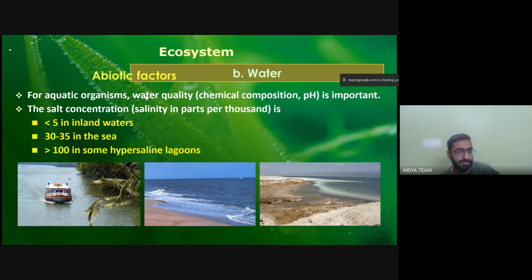The water composition in the water bodies, the water quality in the oceanic body, is high. That is why the aquatic species are able to breathe inside the water. We cannot breathe inside the water. When we breathe, it's less of the air that goes inside the mouth and more of the water that will enter, and we would be underwater and we would eventually die. So the chemical composition also affects drastically the sustenance of life.